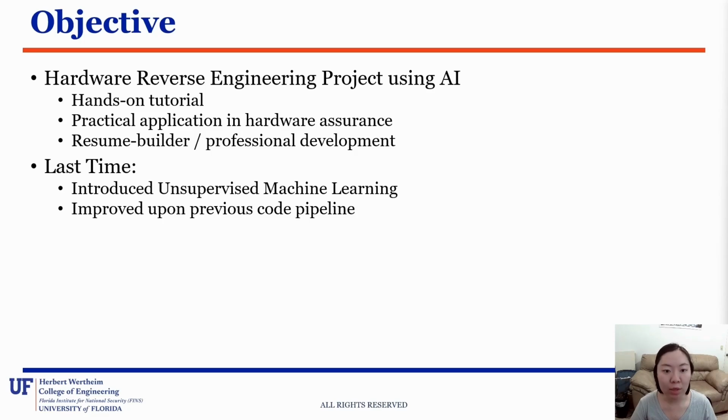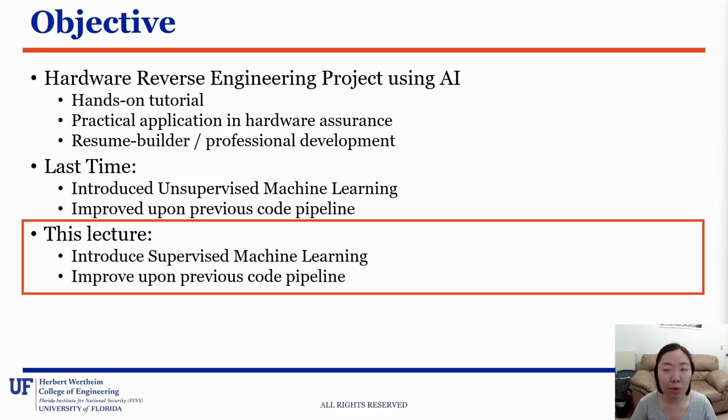Last time, we went over several topics in unsupervised machine learning and applied them to our project. Specifically, we extracted some features, used k-means clustering for segmentation, and looked at cluster centers to gain human understandable insights. In this lecture, we will be introducing some topics in supervised machine learning and applying them to our code pipeline